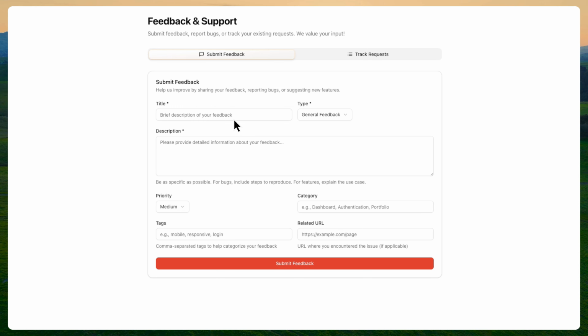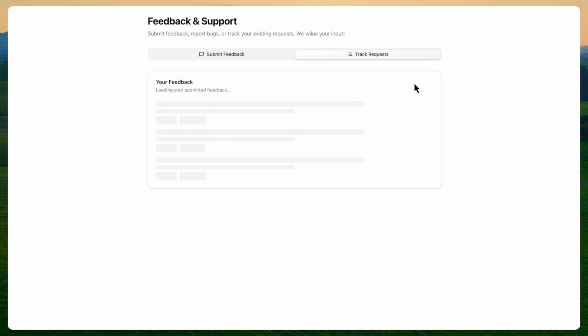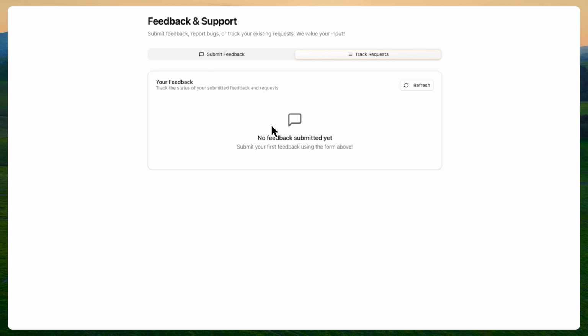In case you are facing any kind of issues, you can always come back and report bugs, or you can submit feedback if you feel like giving some casual feedback as well. So you have a form here, you can fill it and submit it, and you can select the type of feedback you want, UX improvements, or performance improvements, or anything for that matter. You can define priority, etc. Then you'll be able to see all the requests that you have submitted here on the page, and you can keep on refreshing. Somebody from our team or myself will take action on your feedback and your reported issues,